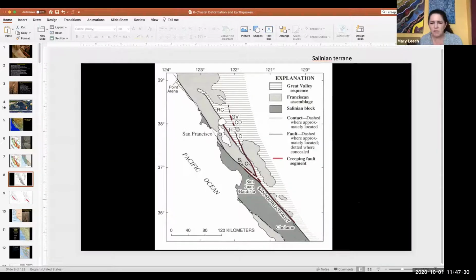This map also happens to show a couple of other features that I'll just mention real quick. It shows creeping segments of faults. So here, between San Juan Bautista, let's say that might be 100 kilometers south of San Juan Bautista, this section of the San Andreas and this part of the Calaveras Fault and this part of the Hayward Fault, so the part that goes through the East Bay, are all creeping segments of the fault, meaning they shift very slowly